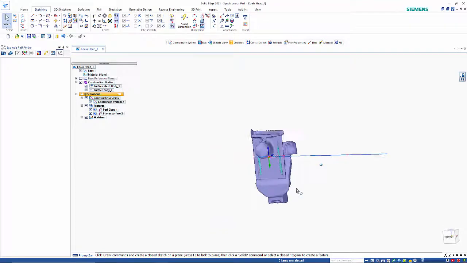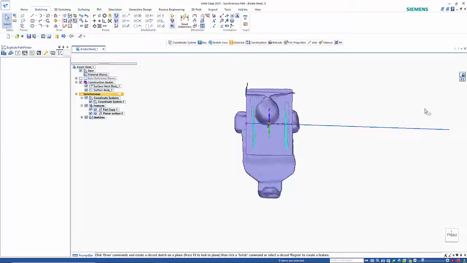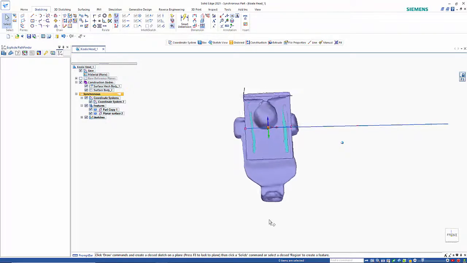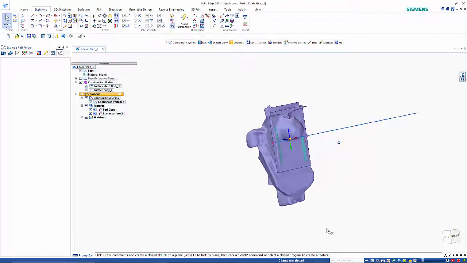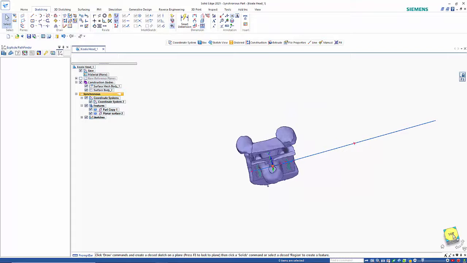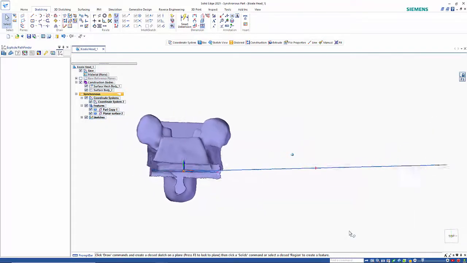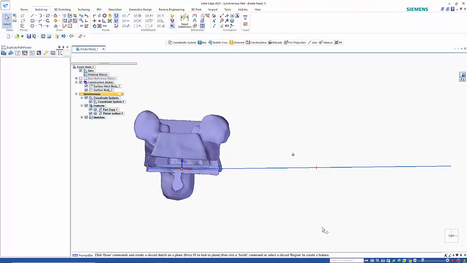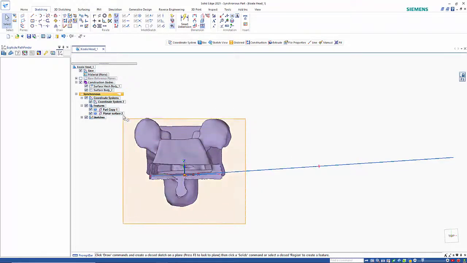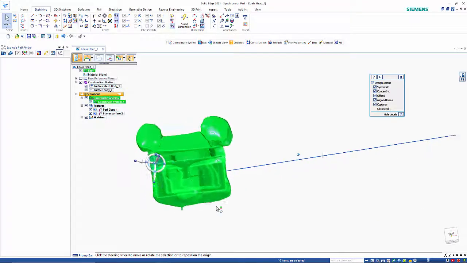If I had done it the other way, then I could have aligned with that. So having the line down here, I could have just snapped to the endpoint of that and got it square. Likewise this way. So if we take a fence selection on there,